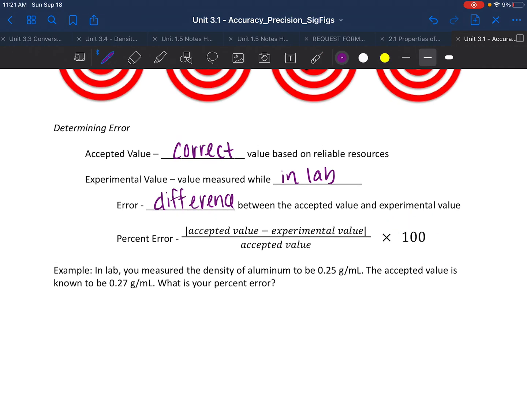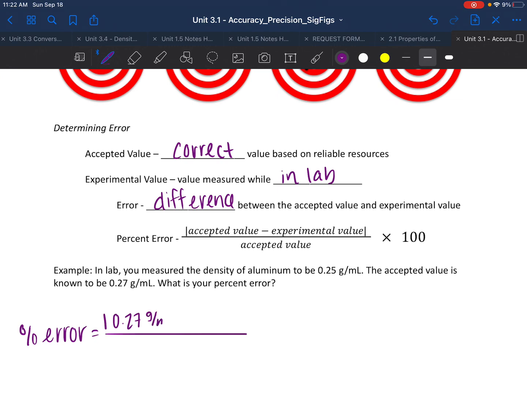So we're going to do an example here. So let's say in lab you measured the density of aluminum to be 0.25 grams per milliliter. And I tell you the accepted value is 0.27. So what's our percent error? Well, let's plug it into the formula. So we would take the absolute value of our accepted,